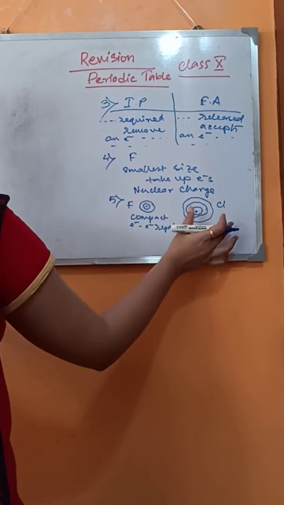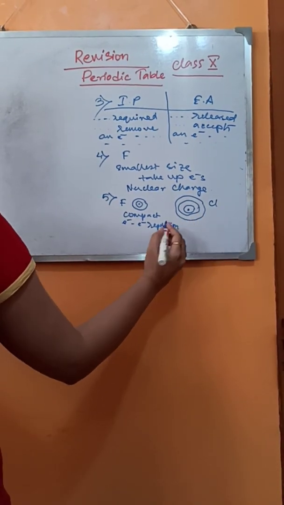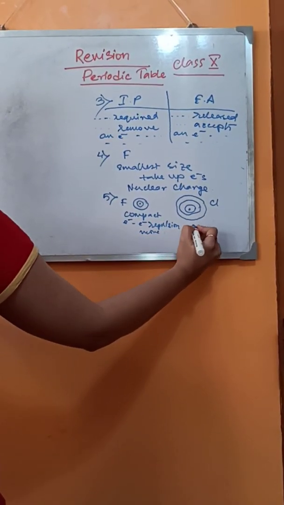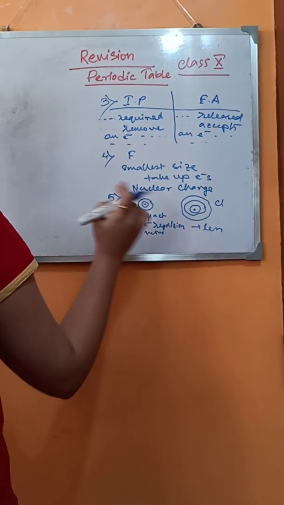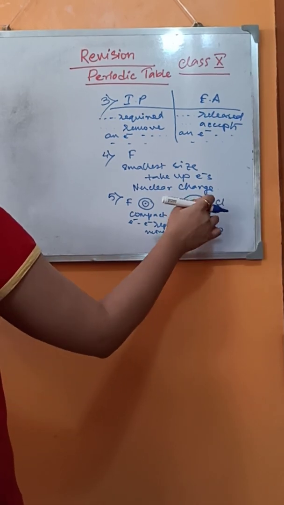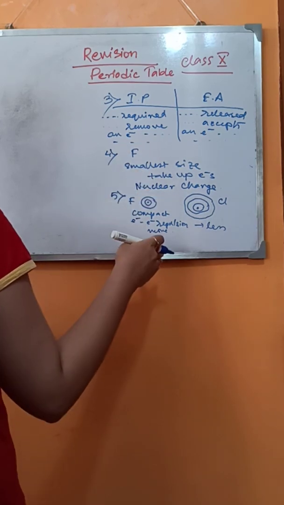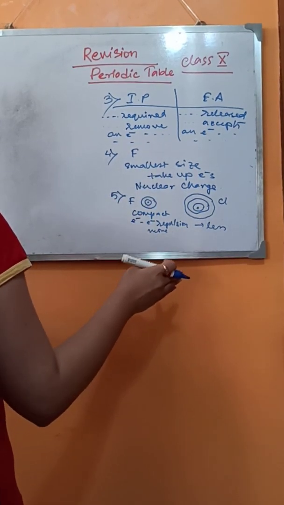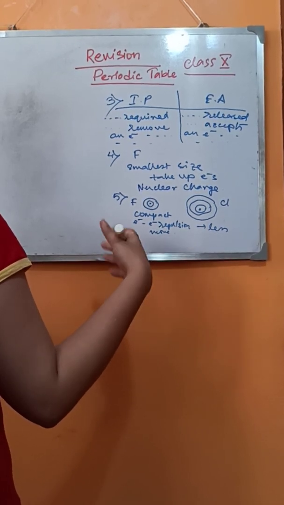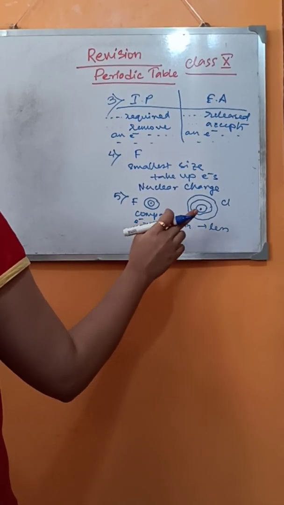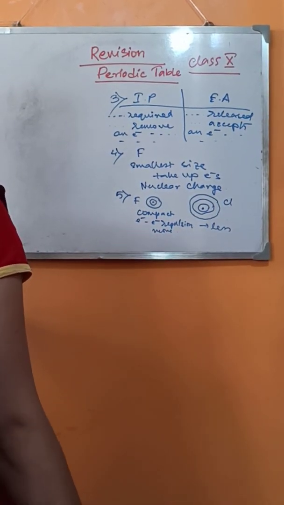But in case of chlorine, the size is bigger with 3 shells. So, electron-electron repulsion is much less in case of chlorine. So, it can easily take up an electron. So, the electron affinity, although we know that down the group the electron affinity increases, but chlorine, which is after fluorine in the same group, has greater electron affinity than fluorine because of the bigger size which can easily accept electrons.